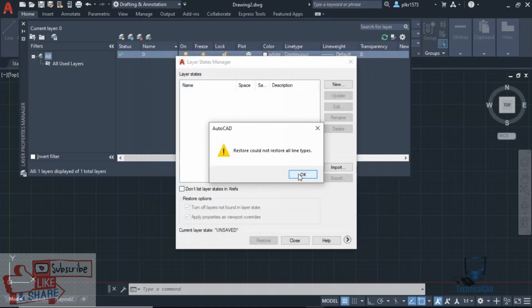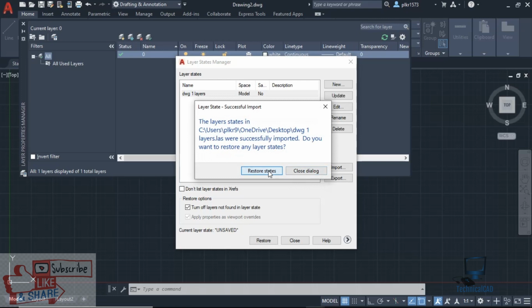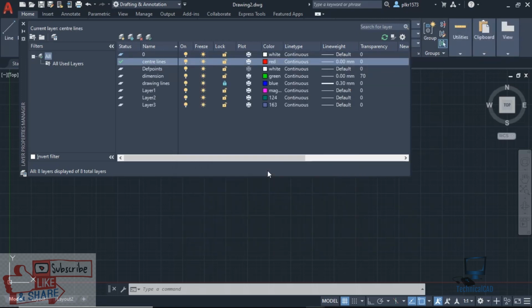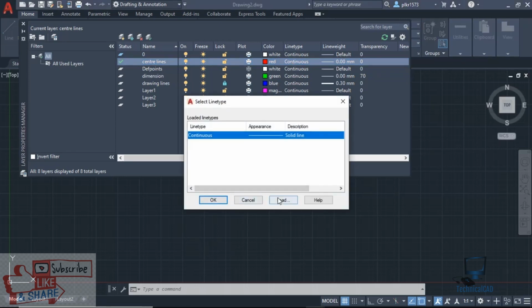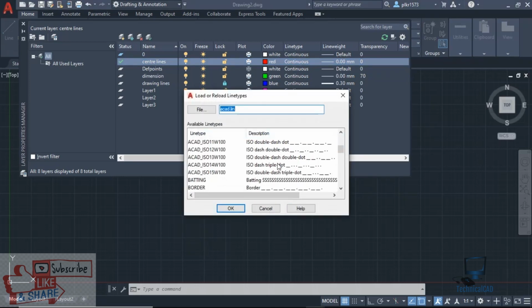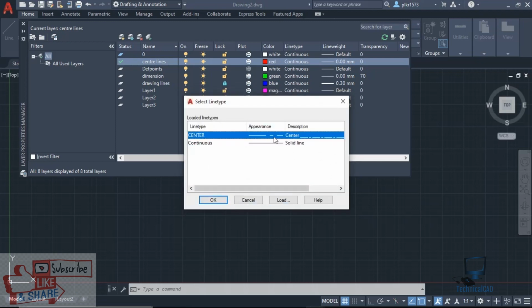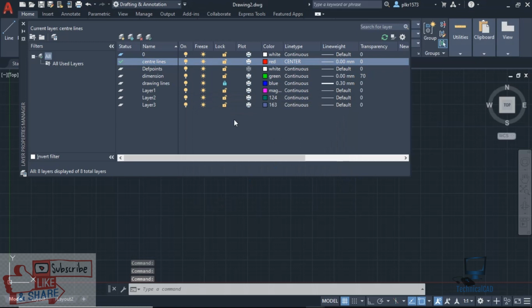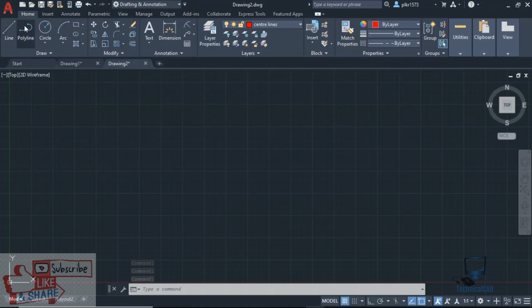Restore, could not restore all line types. Okay, you can restore states. There you can restore all the layers. Only the line type has not been restored, so we have to change that. Center. Okay. Like this we can import and export the layers. That is the layer states manager.